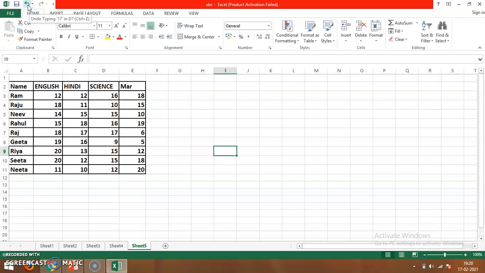So here if I click on this, whatever my last action is, that is undone. So see here, I had added 17 and 16. I pressed the undo button and that last action has been reversed. So y'all can only see 7 and 6. Now if I do redo, again y'all can see, instead of 7, it is 17.